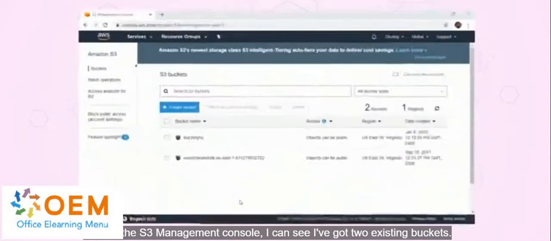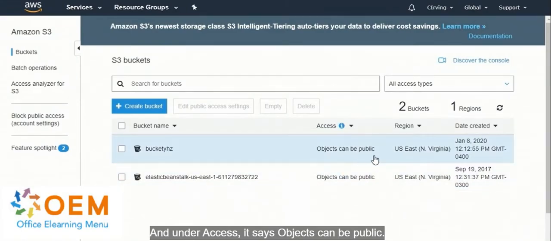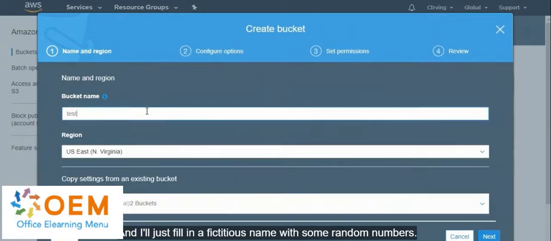In the console, I can see I've got two existing buckets, and under access, it says objects can be public. Now, when I go to create a bucket, let's do this. I'll just fill in a fictitious name with some random numbers. We're not actually going to create the bucket, but I want to show you that when you go through the